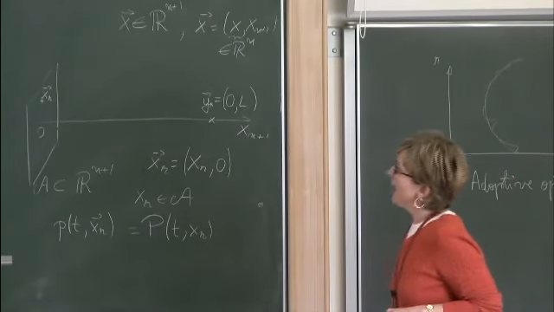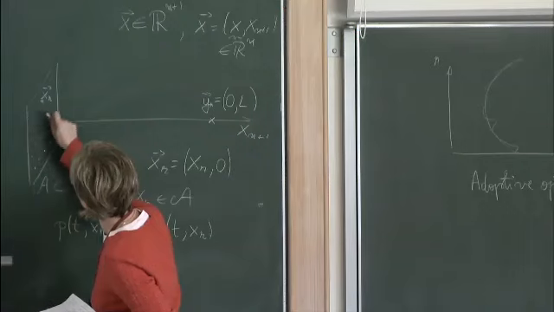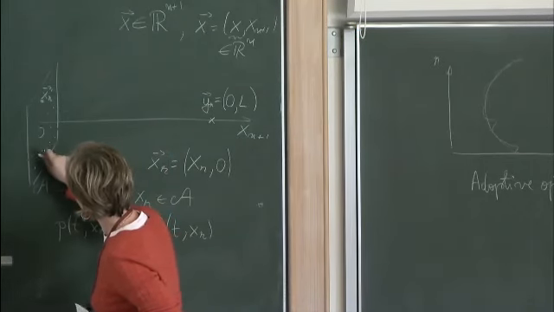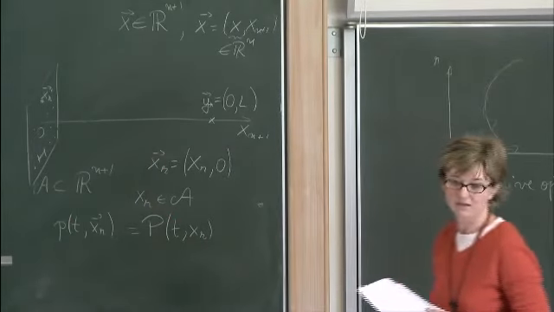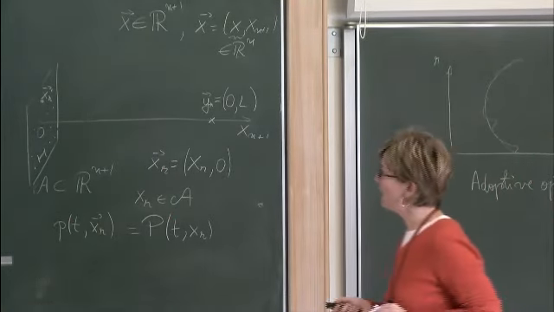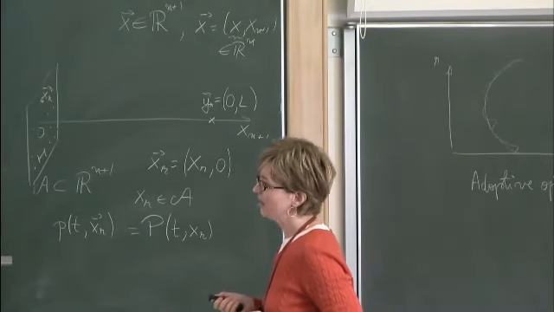Okay. And so now for the array, we are going to make a convenient approximation, which is the continuum approximation. So we have sensors that are at discrete locations, of course, here. And the separation between the sensors is what I call here delta x. Okay? And what I am going to suppose is that delta x is small enough such that when I form